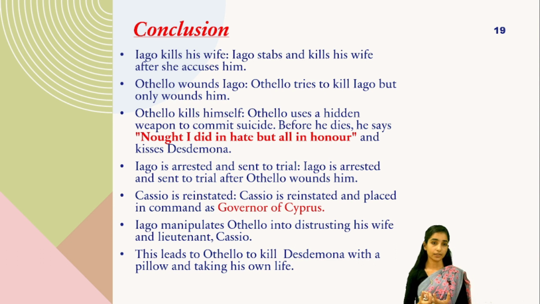In the end, what we have seen is that Iago kills his wife because she revealed the truth about her husband. Iago stabs his wife, Emilia, and she dies because she accuses him of being a danger and a reason for conflict, and many other things. So he killed Emilia, and then Othello tries to kill Iago but only wounds him, after hearing